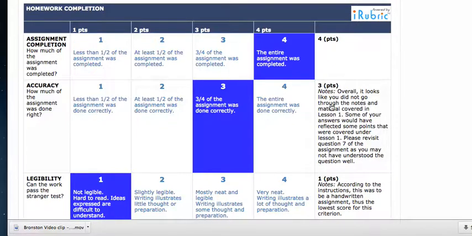So there is a note here to the student to let them know what areas they did not do so well in. This note states that overall it looks like you did not go through the notes and material covered in lesson 1. Some of your answers would have reflected some points that were covered under lesson 1. Please revisit question 7 of the assignment, as you may not have understood the question well. So this basically shows the student where they failed in this particular section and what they need to do to improve